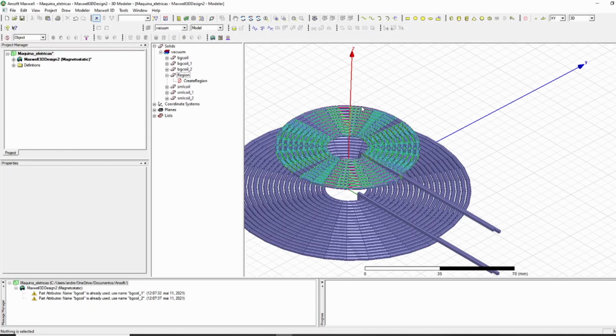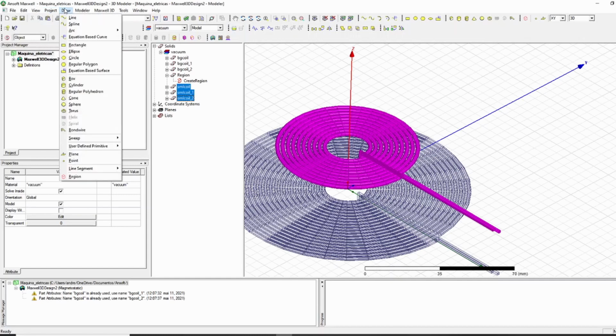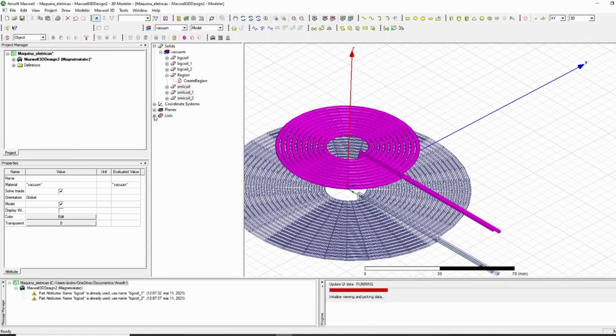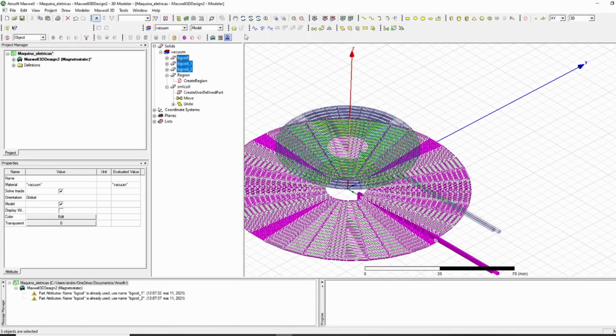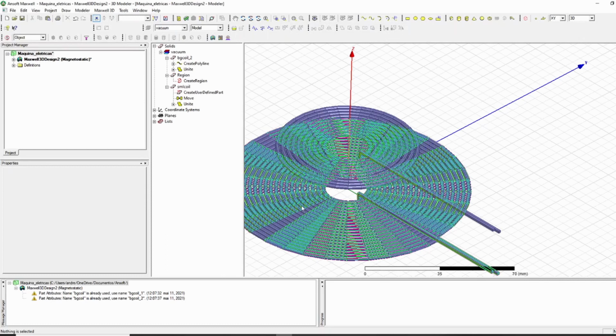So to do that, I'm choosing all of them that are represented in the same coil and doing this Boolean operation called unite. You can go here and do the Boolean operation here as well. If I'm not wrong, it's here, modeler, Boolean, and do the unite one, or you can click it right here. So unite the first one, and then you do the same thing with the other one below, and unite them as well. So by doing that, they're going to move as one if you do a parametric